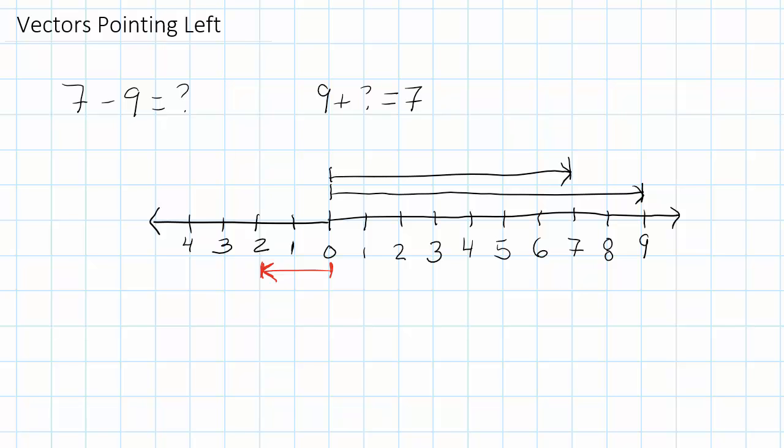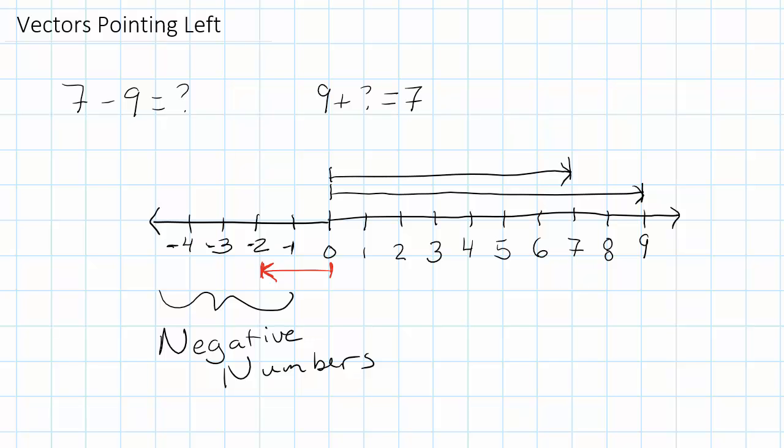In order to distinguish this from the other 1, this from the other 2, this from the other 3, this from the other 4, we call them negative. The numbers that live to the left of 0 and are represented by vectors pointing to the left are called